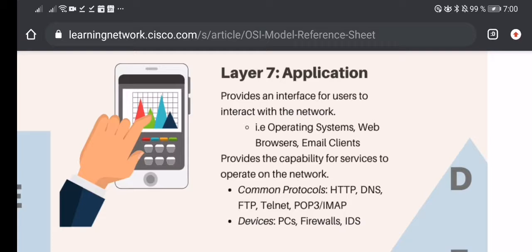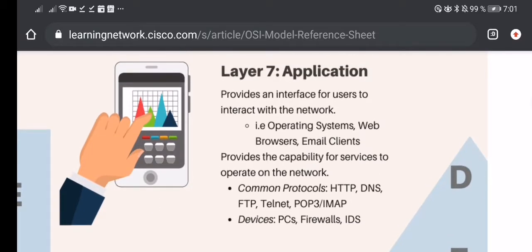Here, the first layer on the OSI is the application layer. All right, it provides an interface for users to interact with the network. That's the very first layer. It talks about the output that we see on the screen, pretty much. The applications that we're working with, the files that we're actually working with, and the operating systems, such as Windows, Linux, and all of those images that we actually see on the screens, and the ones that we interact with in the form of input from our peripheral devices. That's why it's important to know